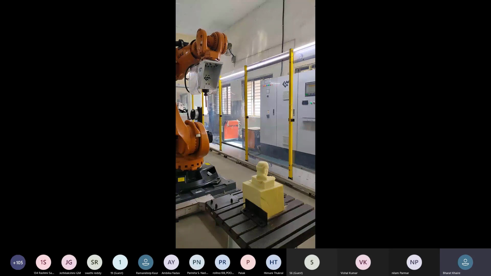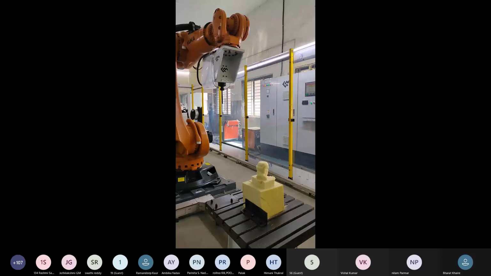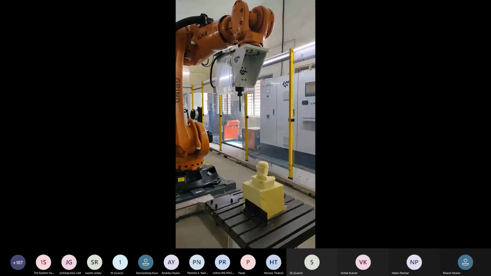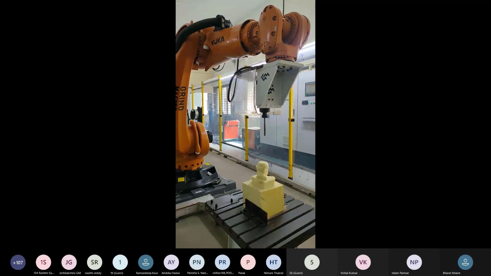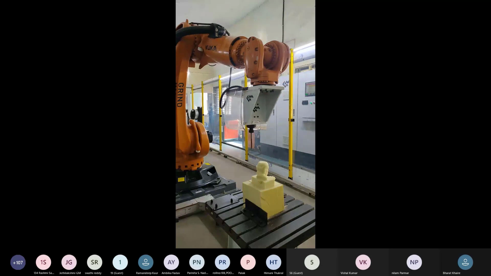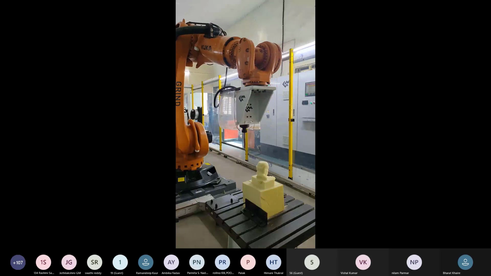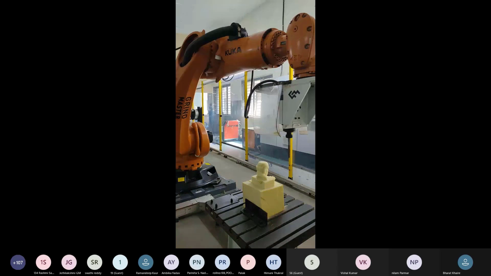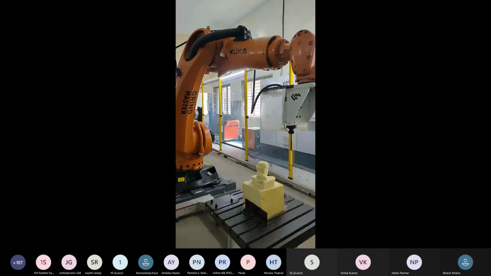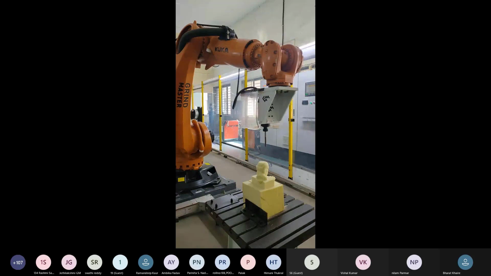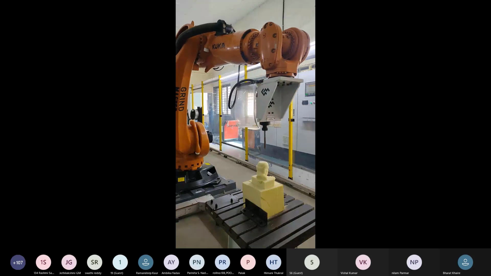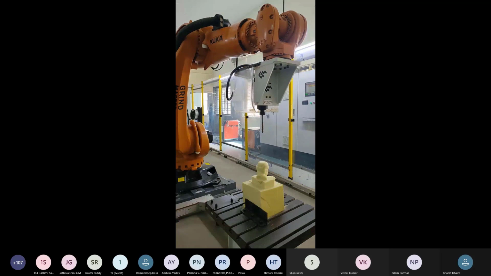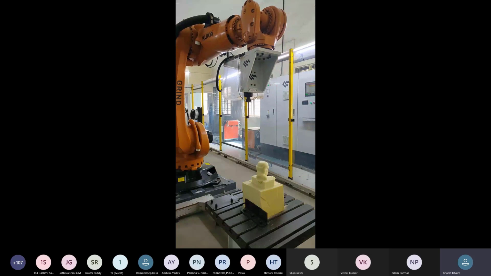Okay, reset the program. First, we will check it in manual mode, but in continuous. Now it will go to the home position.